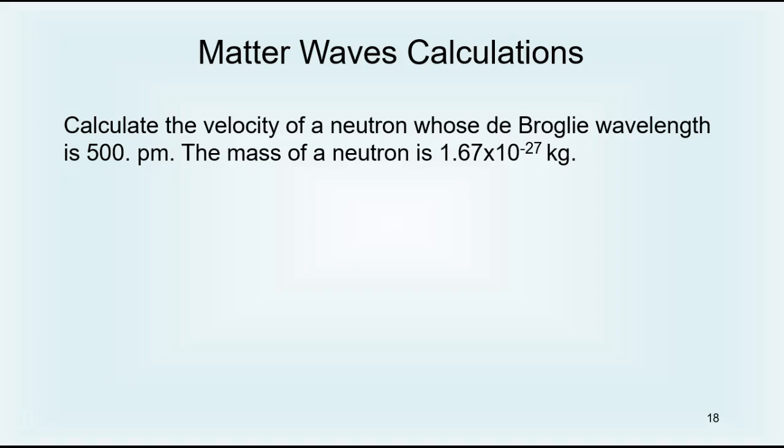Okay, so here's a calculation that you could do to calculate the velocity of a neutron whose wavelength is 500 picometers. Mass of the neutron is 1.67 times 10 to the negative 27th kilograms. And so using that equation that we just looked at, be very careful about plugging in values. Again, picometers should be converted to meters for our wavelength, and then the velocity should come out in meters per second. I'm not going to do the calculation right this second, but you can try that out, and I believe the answer to this one's in the book. Moving forward,